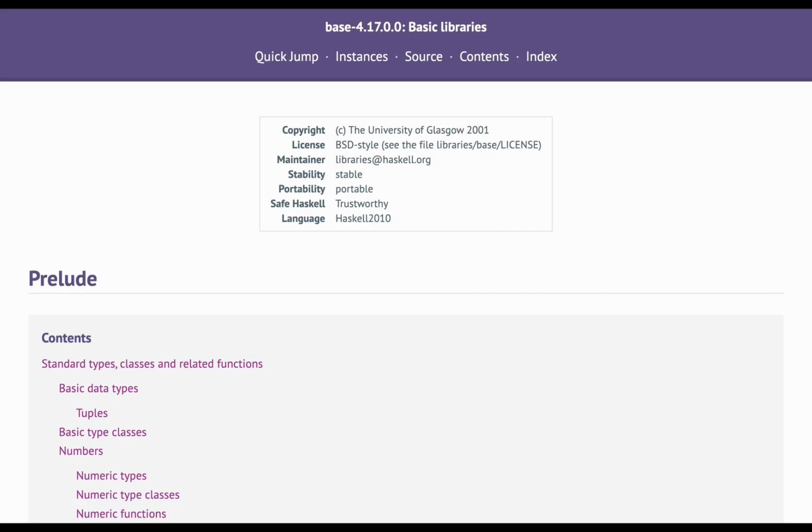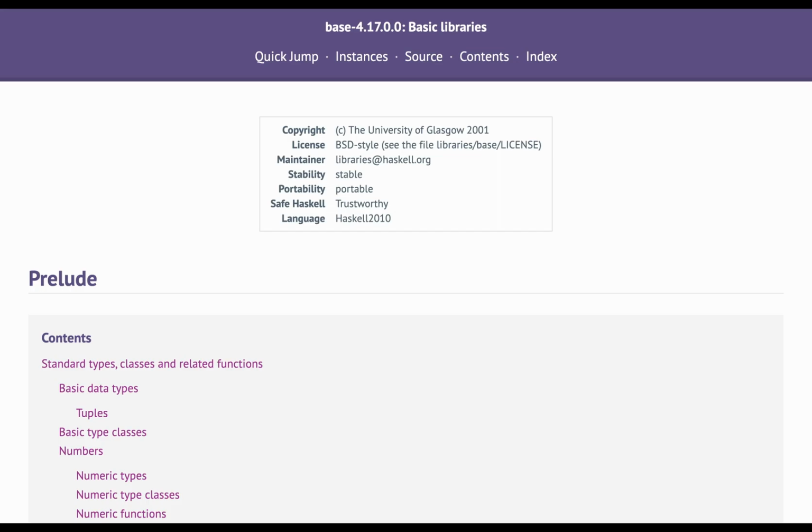Now that we know how to work with modules, let's learn about the most famous of all, the Prelude module. When working with GHCi or writing your own Haskell code, some functions are available by default. For instance, head, sum, length, etc. This is because those functions are part of a module called Prelude that is imported by default. The word prelude means an introduction to something more important, which is the code and modules you will write. So the Prelude module provides basic functions, data types, and type classes that the average developer might need for their